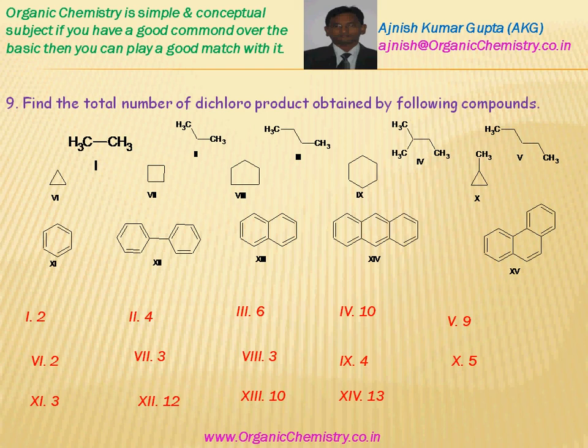In case of phenanthrene, the value is very large. In phenanthrene, the positions are called 1 2 3 4 5 6 7 8 9 and 10. So if you replace this hydrogen with Cl, that is 1 chloro, and replace one by one the hydrogens of other places, you will get 1 2, 1 3, 1 4, 1 5, 1 6, 1 7, 1 8, 1 9 and 1 10, along with 2 2, 2 3, 2 4, 2 5, 2 6, 2 7,